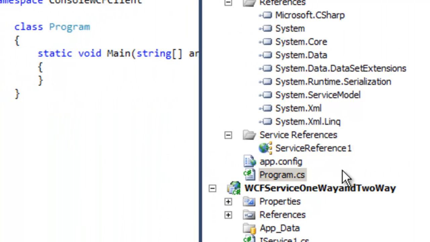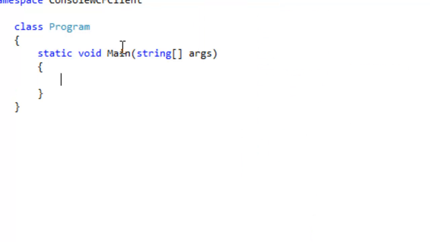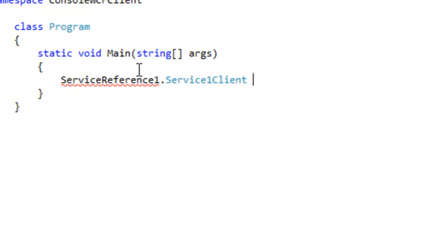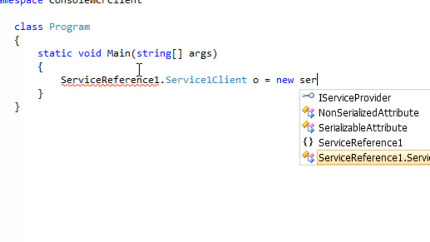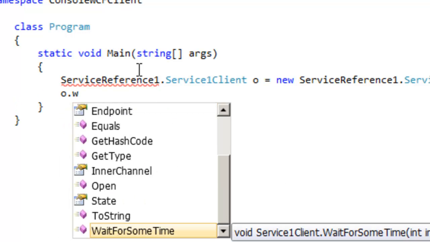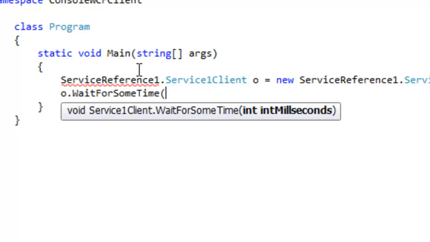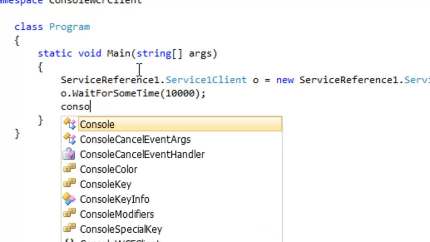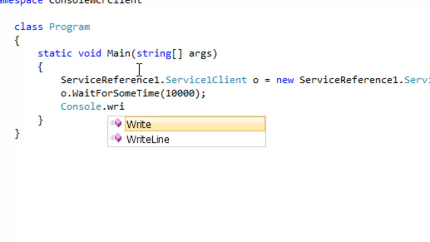Now let's go ahead and invoke this proxy object and let's call the WCF service here. So let's start creating the object. ServiceReference1.ServiceClient o is equal to new ServiceReference1.Client, and we'll invoke the wait for some time. Okay, and we'll say wait for 10 seconds. Okay, right, and I'll just do a Console.WriteLine here saying that